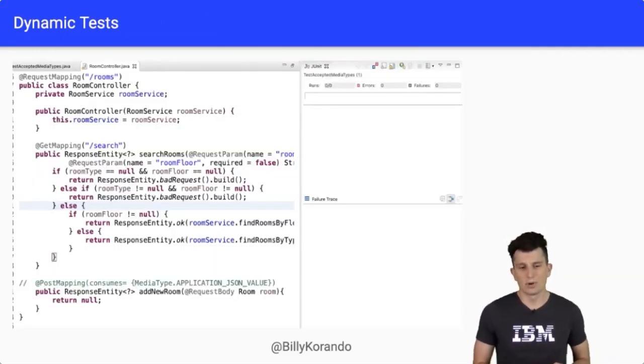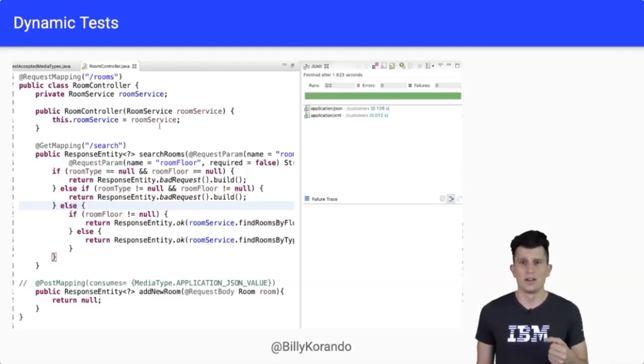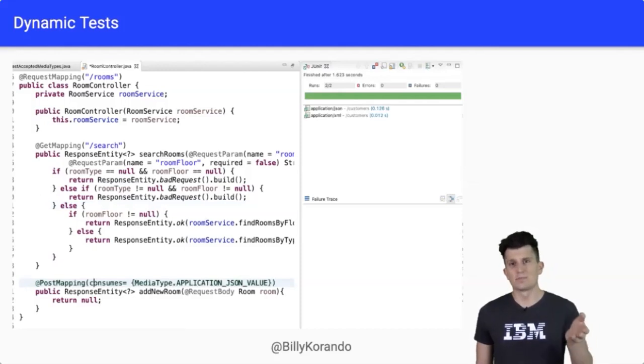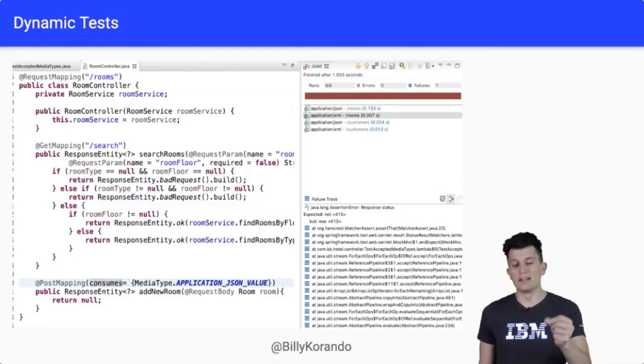So in this example, I have an API and it has a couple of endpoints, and these post endpoints need to accept both JSON and XML. Initially my test only has 2 test executions, but if I uncomment this post mapping and then rerun the test, now I have 4 test executions, and one of them failed. That one failed because that post mapping, as you can see in the declaration, is only accepting JSON, and really I want to have both JSON and XML being accepted in all my